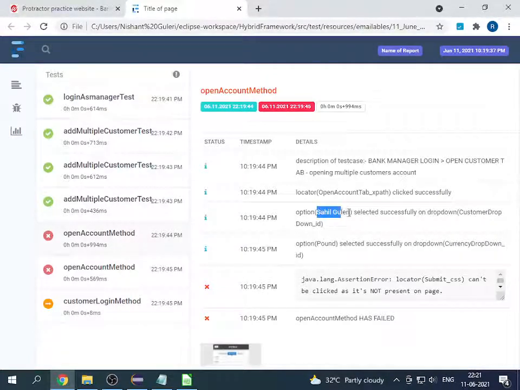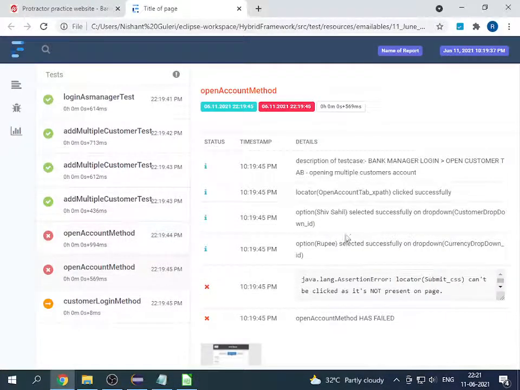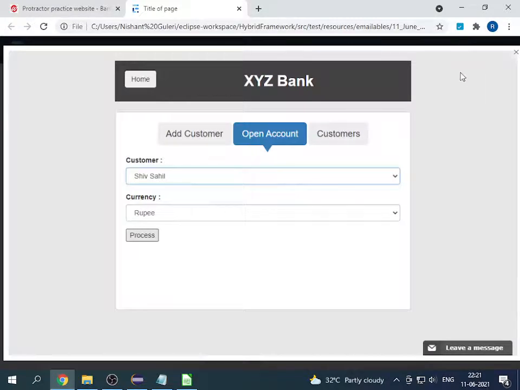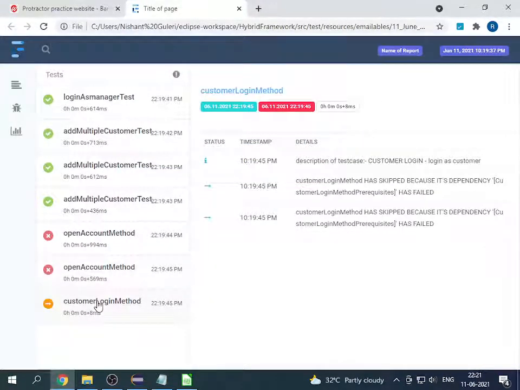Sahil Guleri and pound, and Shiv Sahil and Rupi. Let's see the screenshot. Shiv Sahil and Rupi. Screenshots are correct. Everything is correct. Now why has it failed?